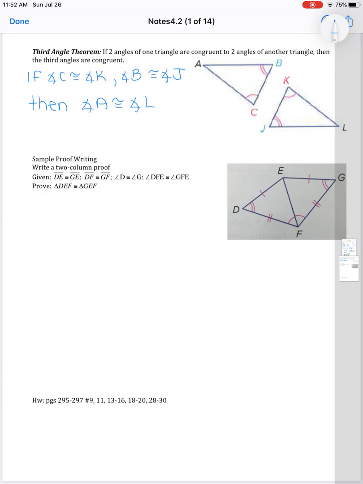All right, so if we relate it to this triangle, according to the markings we see, so if angle C is congruent to angle K,